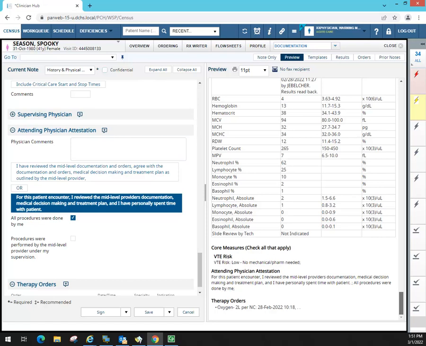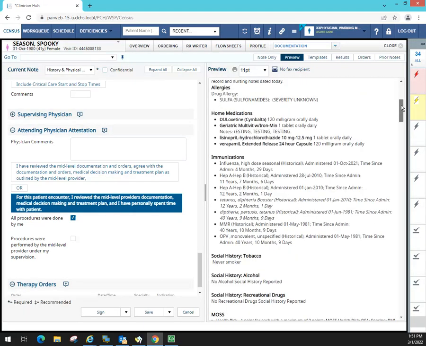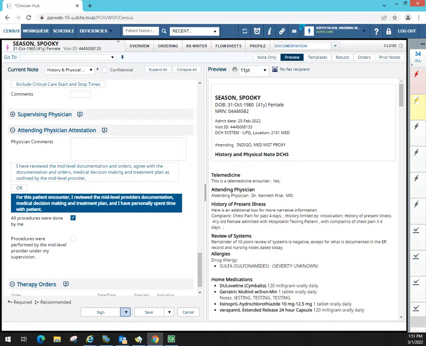So you can save it if you want to save it and come back to it. So let's see, I get called away. So I'm going to click to save it. Okay, and see how it shows it's an unsigned note. I saved it, I did not sign it. So if we look back over here,